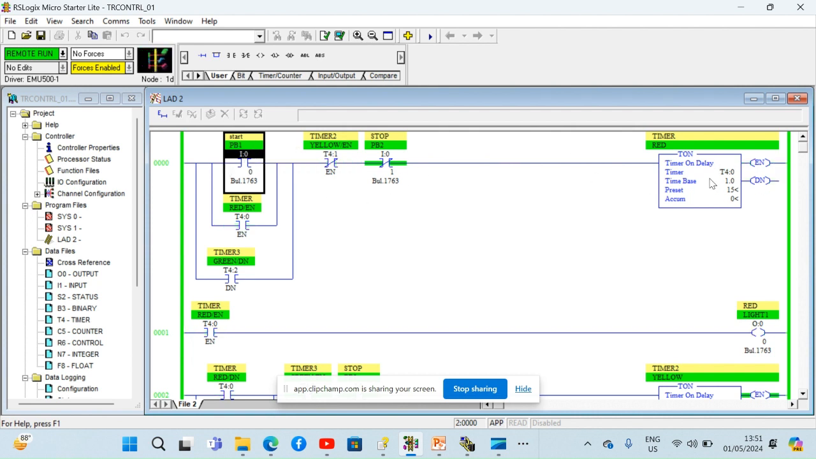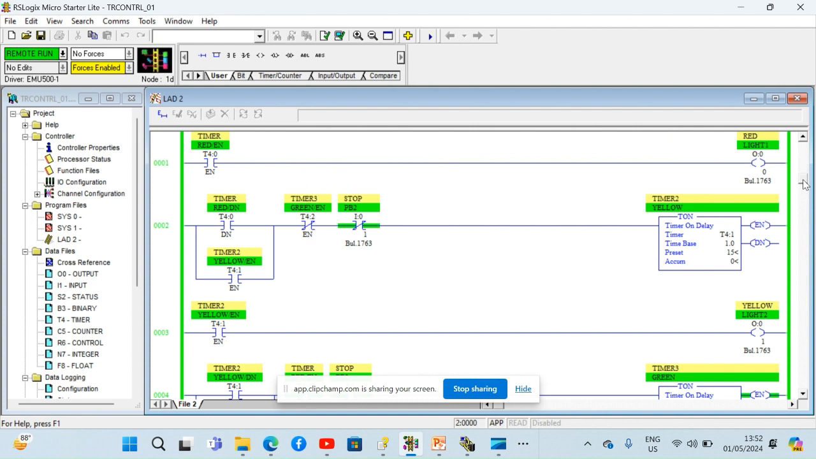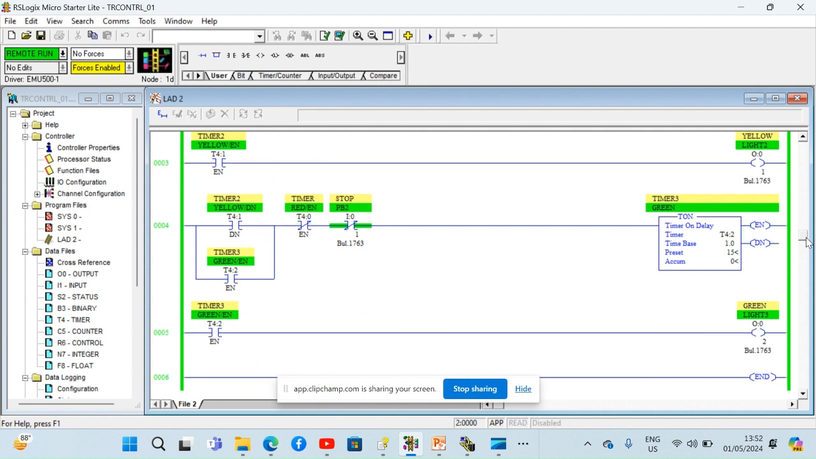Once I press the start button, the timer starts to count, and at the same time, the timer address normally open enable bit would set the red light on. After 15 seconds, it's going to switch over to the next, yellow, using its done bit here, and that begins to count as well. And after 15 seconds, it switches over to the last timer, which is currently counting green, using the done bit